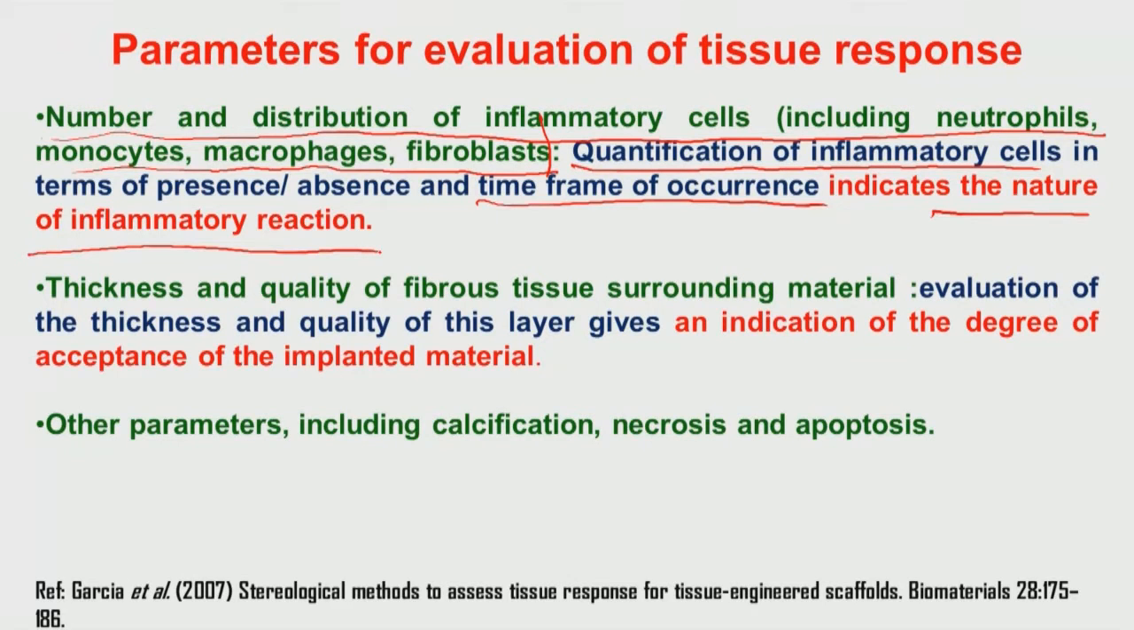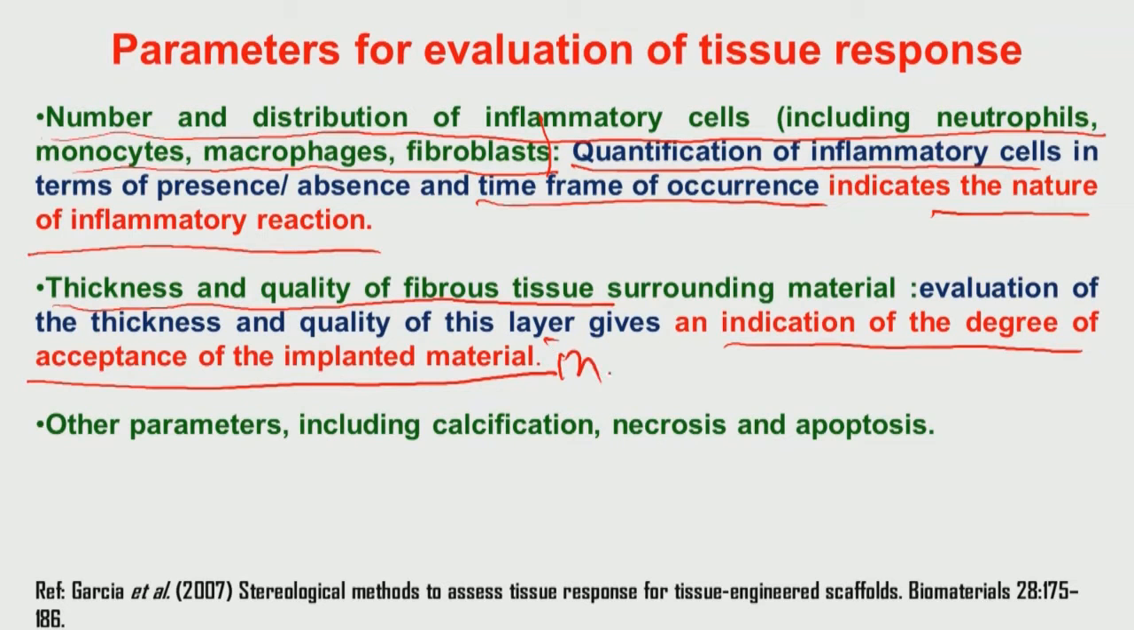The fourth point is the thickness and quality of the fibrous tissue. This thickness and quality of the fibrous tissue indicates the degree of acceptance of the implanted material in the osseous system. Essentially, this thickness would certainly increase with time. The thickness of this fibrous tissue many times goes linear, or many times goes in a non-linear manner,